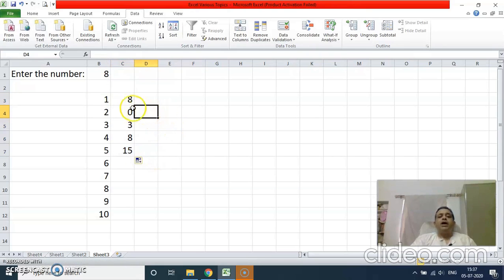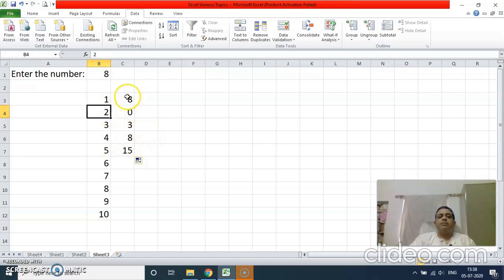Now see, why only first result is correct, rest results are not correct? Because it is using relative reference. What relative reference is? This cell is multiplying a cell left to itself plus 2 cells up of that. Means it is multiplying 8 and 1 here. Similarly, when you copy paste it here, again the same reference, cell to the left and 2 cells to the upside, means it is multiplying 2 to this blank cell, and blank cell means 0. So 2 into 0 is 0. Similarly, here you are getting 3 multiply 1. Here you are getting 4 multiply 2.